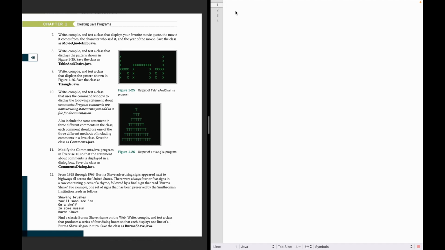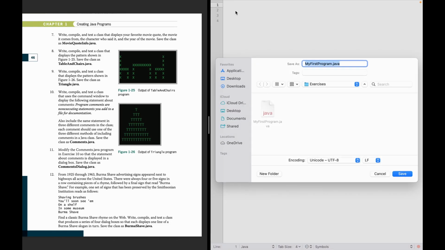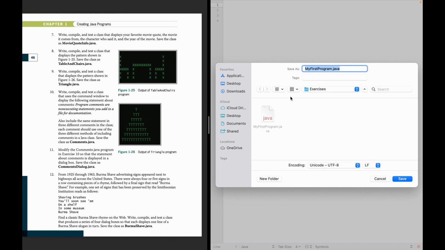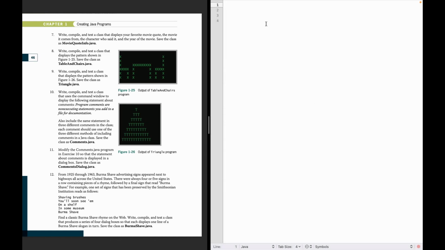most programming languages. So first thing, we do save as and name it something like my first program. Since this might be your first one, make sure it says .java at the end and hit save. After that, you declare your class. So make sure it says public class and then whatever you named it. So in this case it would be my first program